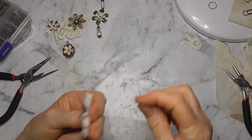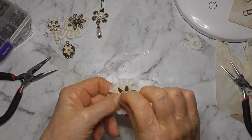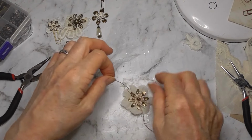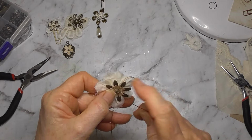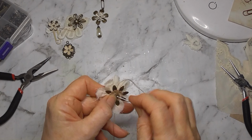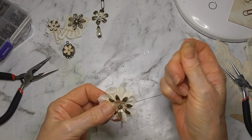I wonder if I should do that again. Might be worthwhile to hold it. So I'm coming back up through the larger one, through the little one at the front, like that, and then back through the bigger one, if I can get in there. And once again through the flower at the back, and hopefully